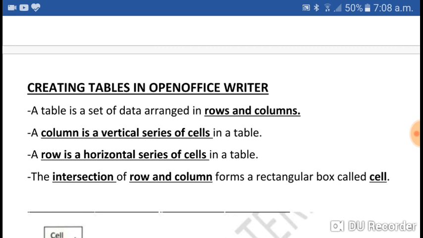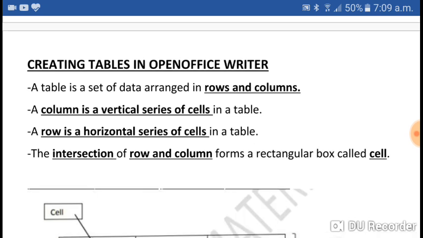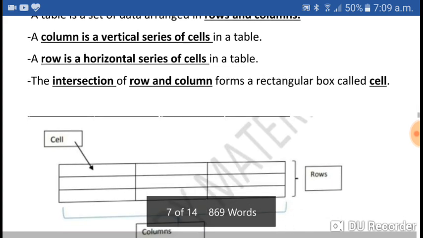It is a set of data arranged in the form of rows and columns. What is a column? What is a row? A column is a vertical series of cells, and a row is a horizontal series of cells. Again, I am repeating, a column is a vertical and a row is a horizontal series of cells.